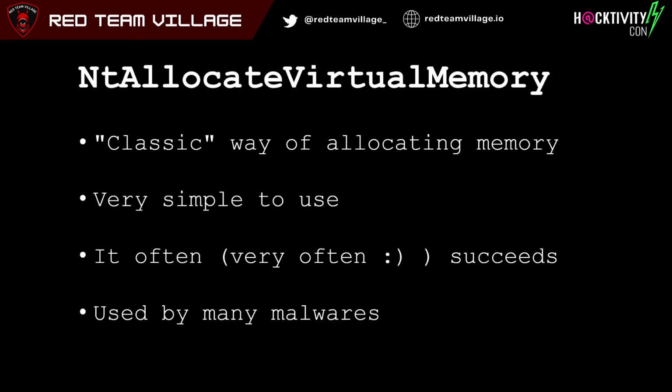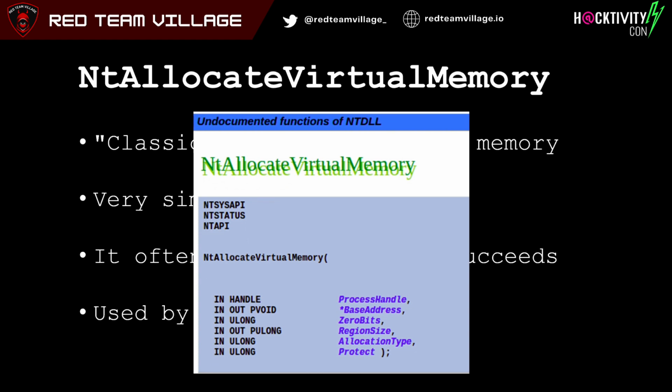The standard way to allocate memory is with the VirtualAlloc API, which in turn at some stage calls the NtAllocateVirtualMemory syscall. The good point is that this is a very simple to use syscall, and it often succeeds. Moreover, in PEzoNG we now have a way to execute system calls safely, so it's very simple to use this syscall to allocate memory. However, this system call has been used widely by malwares, and it leaves known artifacts in memory, so we must find